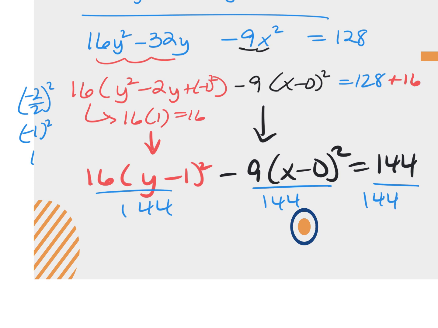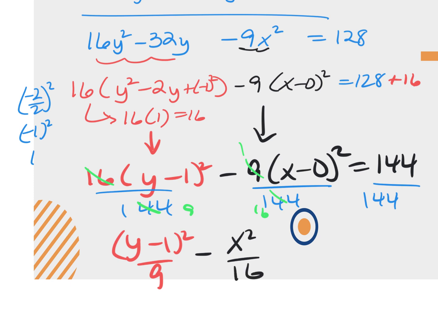So then when I simplify the 16 and the 144, 16 goes into 144 9 times. So y minus 1 squared over 9 minus the 9 and the 144 also simplify. So erase this. So then this becomes a 1 and this becomes a 16. So then it becomes x squared over 16 equals 1. And now we have our